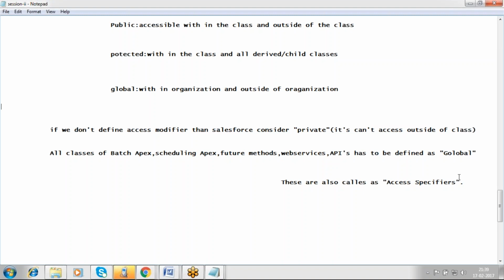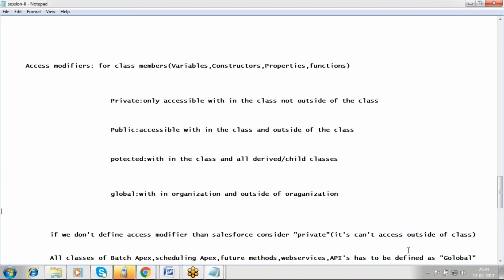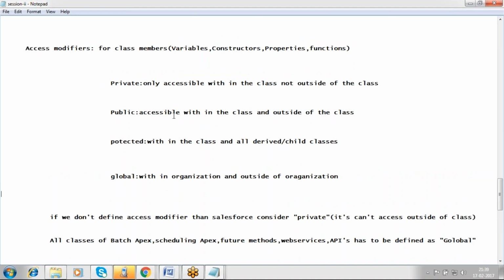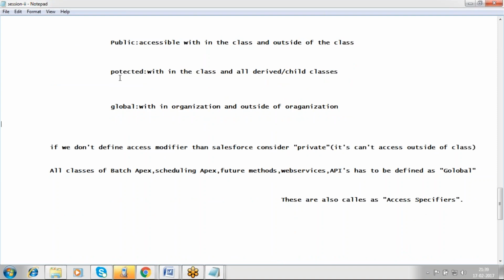These are also called access specifiers. Access specifiers and access modifiers are both the same. These are about access modifiers. Next,